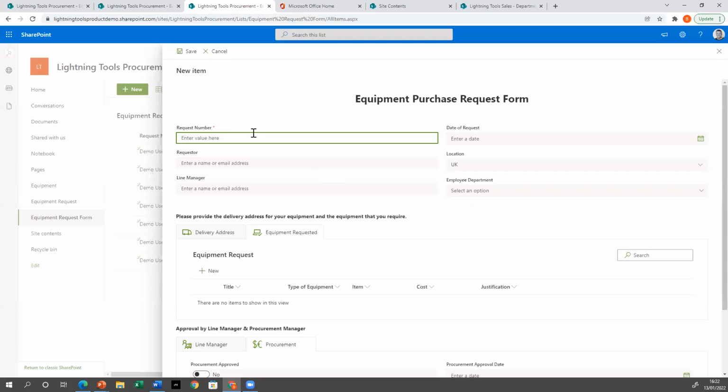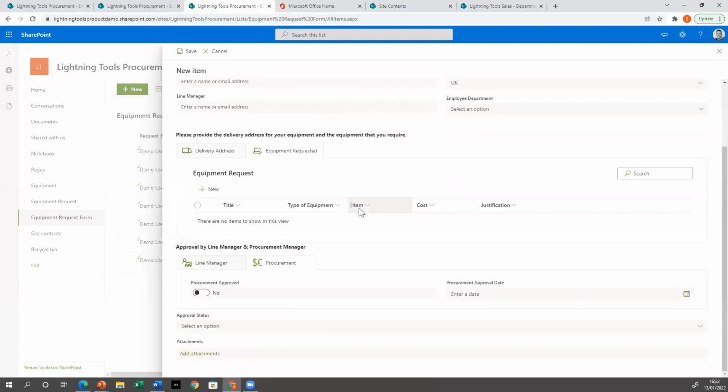What we don't want is people just typing in any old rubbish in here when they're going through and creating the purchase request. We want that to be calculated. So I'm going to show you how we can calculate that from some of the other information that is on the form. And we also don't want people